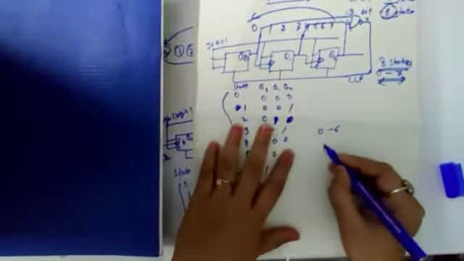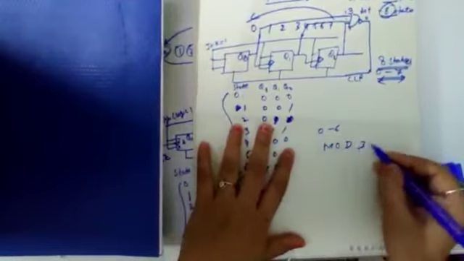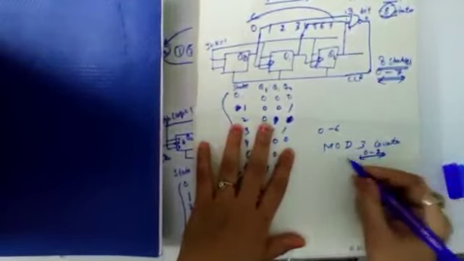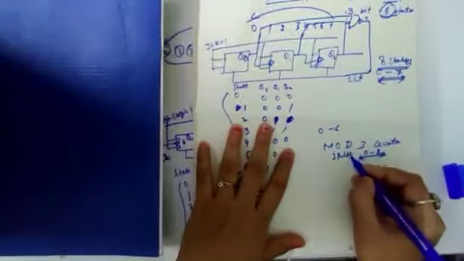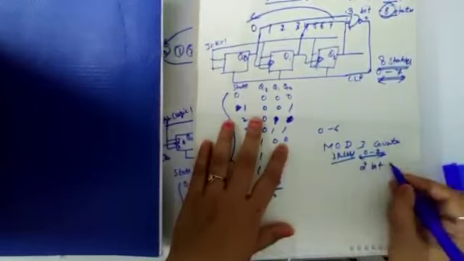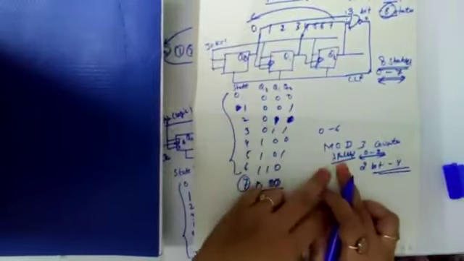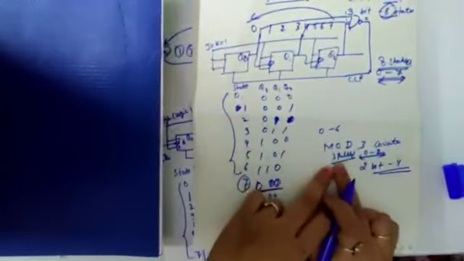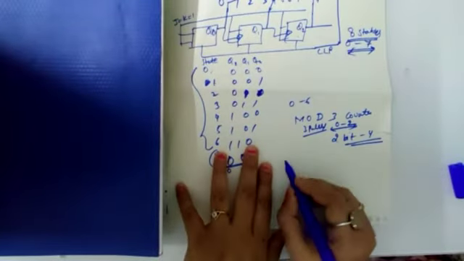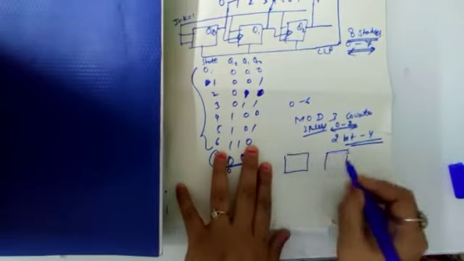So for example, if you want to design a mod 3 counter, means it will count only 0 to 2, a total of 3 pulses. So first we have to check how many bits. Starting from a 2-bit counter, it will have 4 possible states. And what we want is to stop our counting after 3 pulses. The 2-bit counter is sufficient. So what we do, we generally take a 2-bit counter.